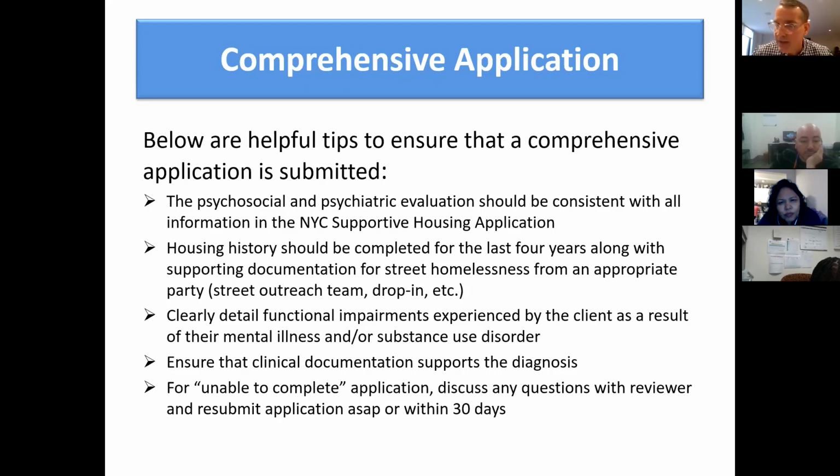It doesn't have to be perfect, but you do want to, for some of the major things, make sure that it aligns. Like if you're writing about the activity of daily living, if you're saying that your client needs support in activities of daily living, write about that in your psychosocial. It's important, and it will help to have that kind of cohesive application that hangs together for the review